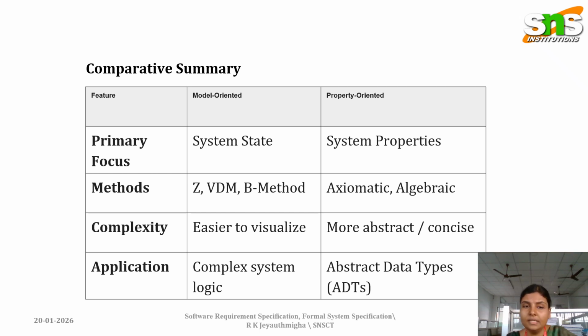Complexity is easier to visualize in model-oriented, and more abstract and concise in property-oriented. In application, model-oriented can be used for complex system logics, and property-oriented we can use for